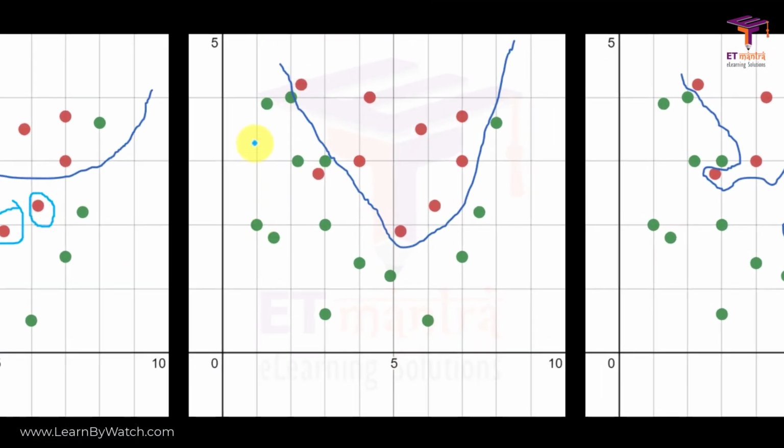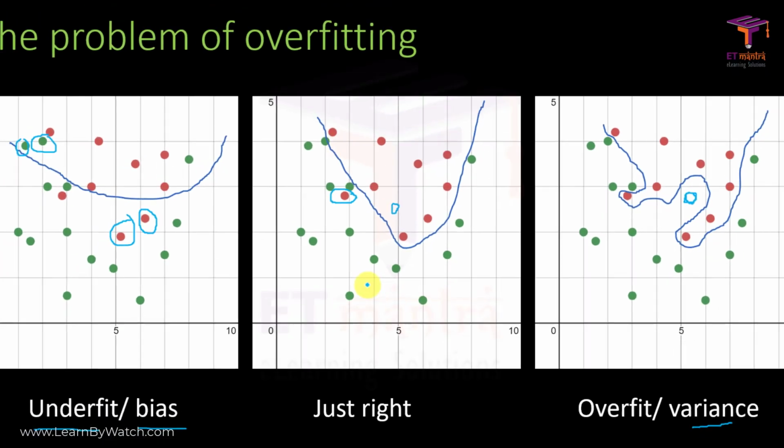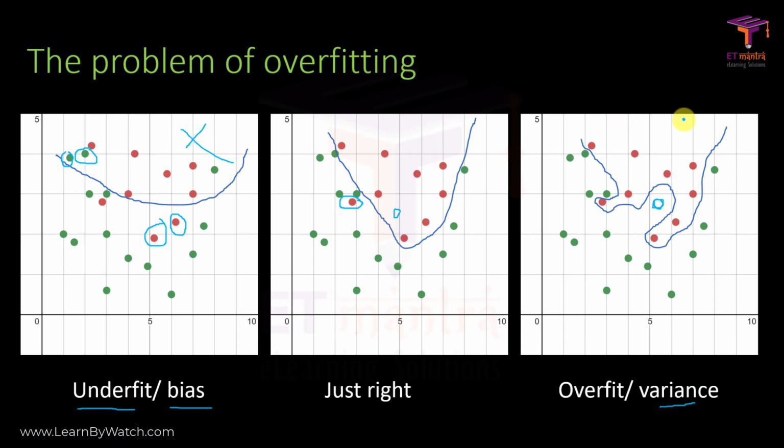In between these two, we have this kind of decision boundary which is just right, since in the training data set it has misclassified just one data point, and even if we use this to predict new data, if we get a data point here, it will be classified correctly. So this is a trade-off between bias and variance. So we have seen that these two graphs should not be made. We need an algorithm which forms a decision boundary something like this. So how do we do that?